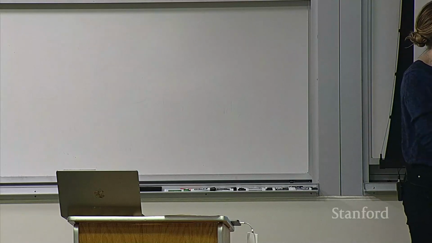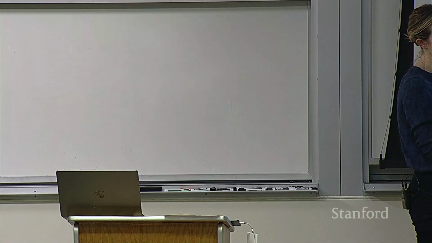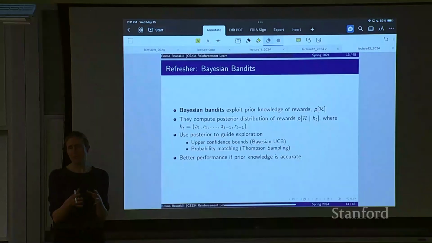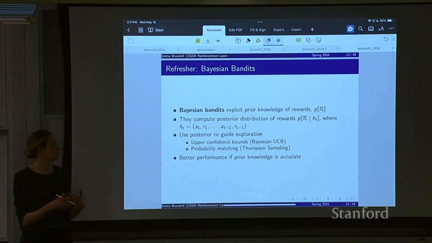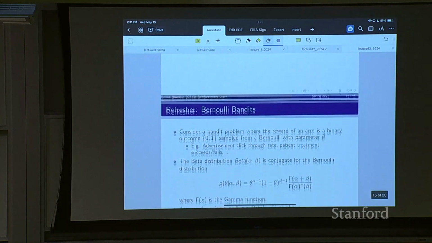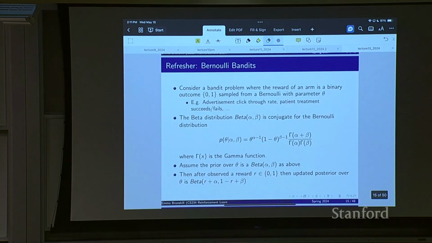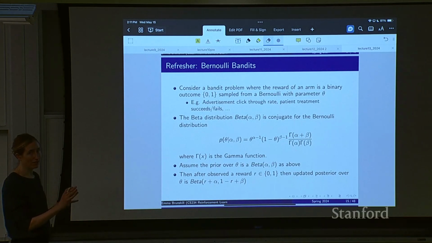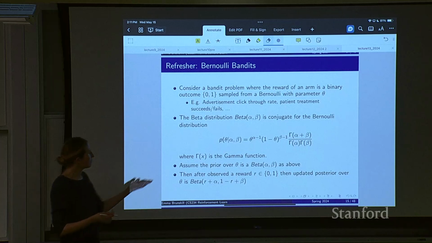And we saw Thompson sampling as being one method that was an efficient way to try to make decisions when we have these priors and these posteriors. Okay. And now we're going to think about lifting these ideas to the sequential case. So what we saw before is that we'd have these priors over the model parameters, like in this case, say the reward models, and that if they were conjugate,